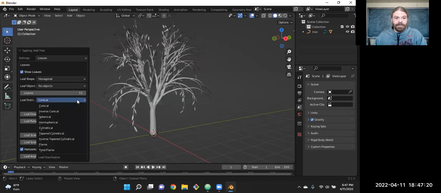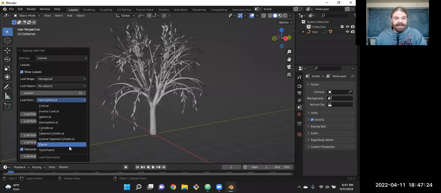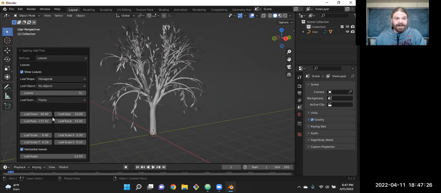Different shapes for them, and which direction they're hanging, the angles, like downward or upward or outward, and lots of parameters that we can control.